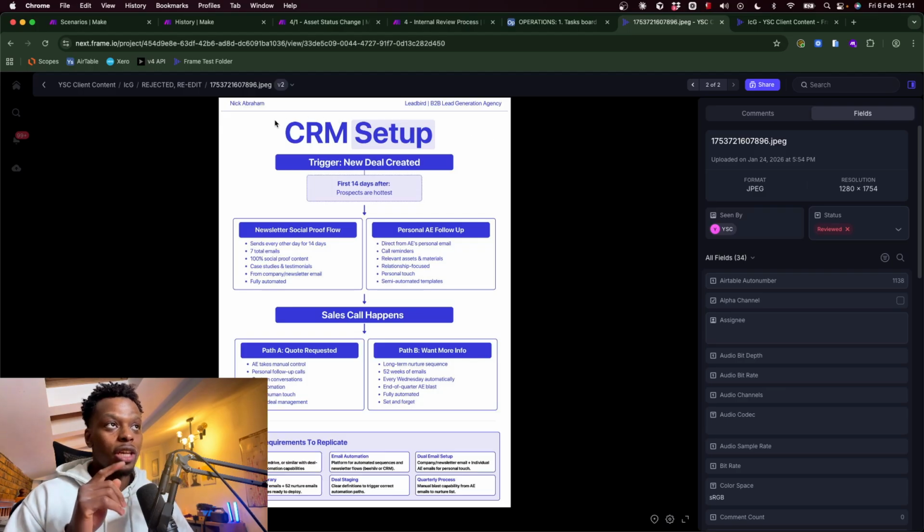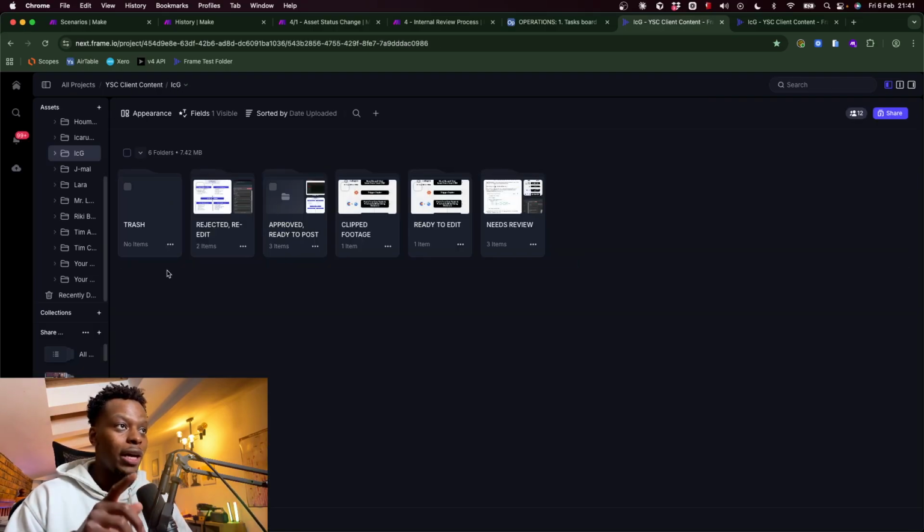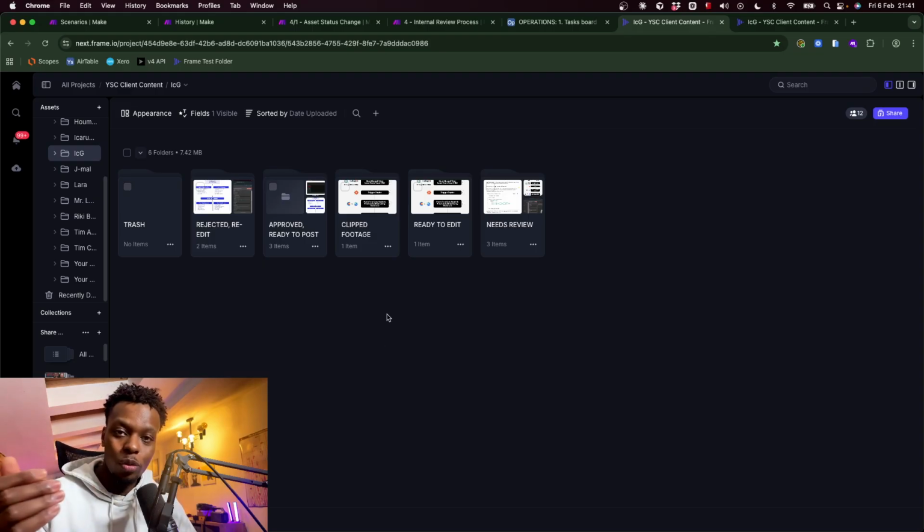Now, this has also moved into a different folder, which is called the rejected re-edit folder. So the way that we work with clients is that we'll set up 5 to 6 different folders based on how the editing pipeline usually works. Because the way things will start is it's usually going to be something is ready to edit, or there is some footage that needs to be clipped. Let's say